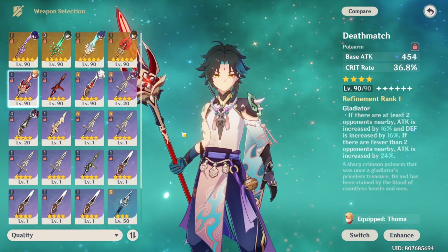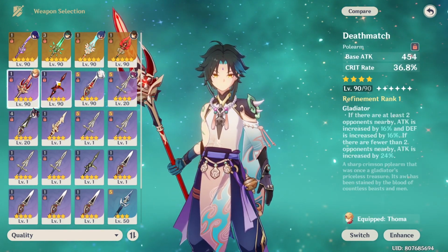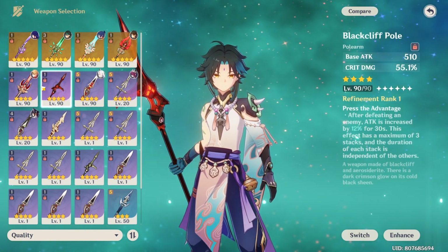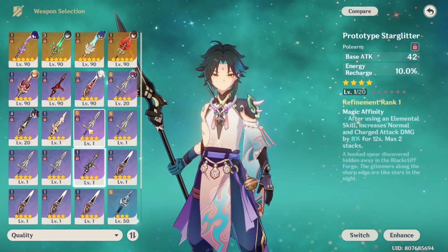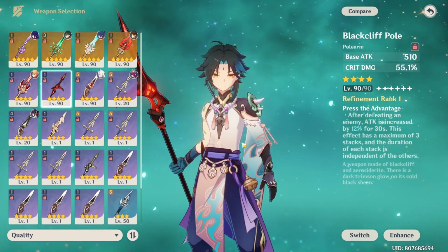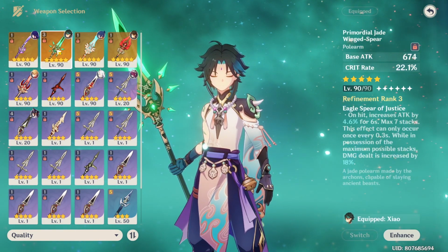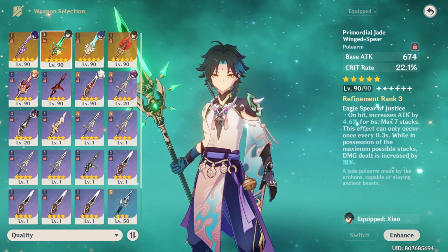So for a 4-star weapon, it's going to be Blackcliff or Deathmatch. That's your only option. I mean, these two are pretty decent weapons for a 4-star. Never use the other ones unless you really don't have those two. But you can get this one eventually, just keep saving. And for the 5-star, Primordial Jade Winged-Spear is still the best 5-star weapon for Xiao because of the